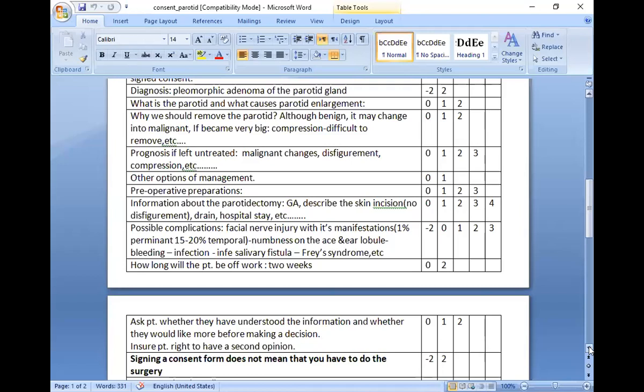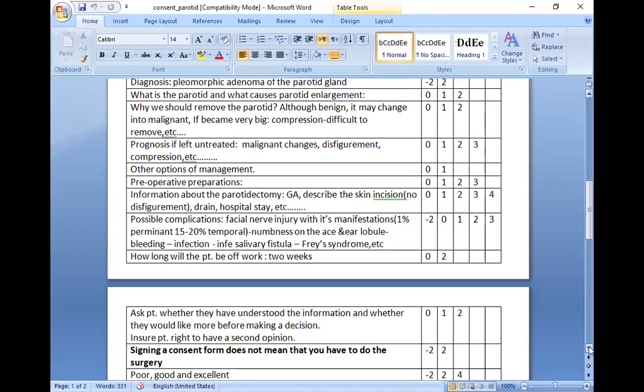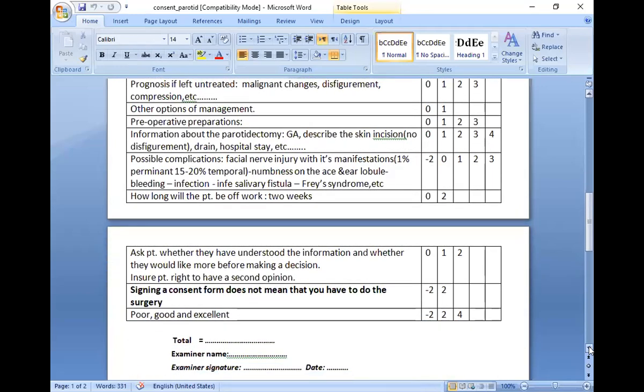How the patient will be off work, 2 weeks, in the pleomorphic adenoma problem. Then you ask the patient, after you have described everything for the patient, and you are going to be given marks accordingly. You ask the patient whether he has understood the information or whether he would like more information before making a decision, and ensure that the patient